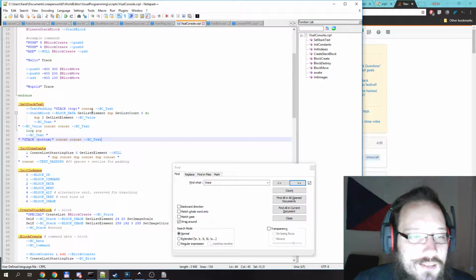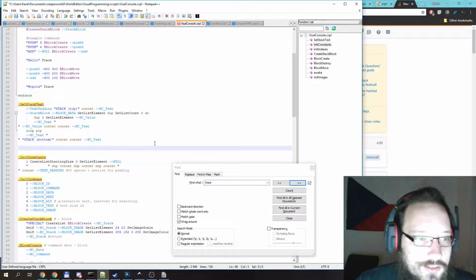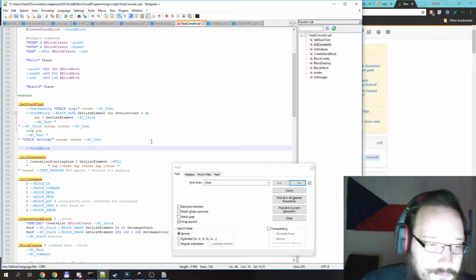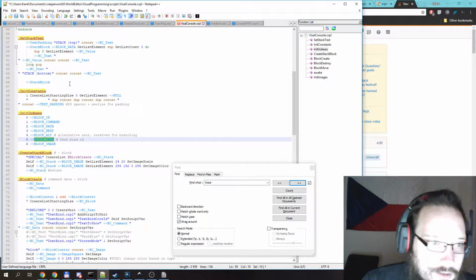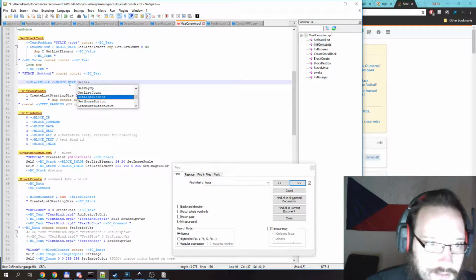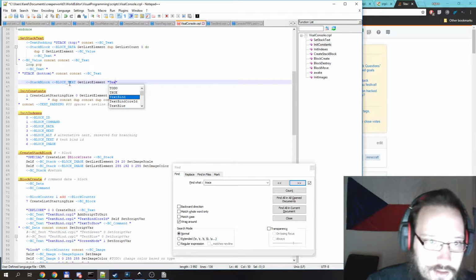Text padding and stack top concat into text. That's fine. Stack block data, get list, duplicate, get set 0, do loop pop. Duplicate the get list element BC value. Then BC text, concat BC text, and finally I want stack block, block text, get list element, and then text